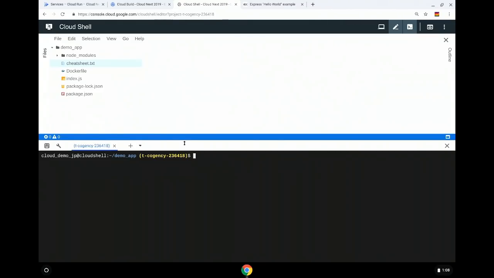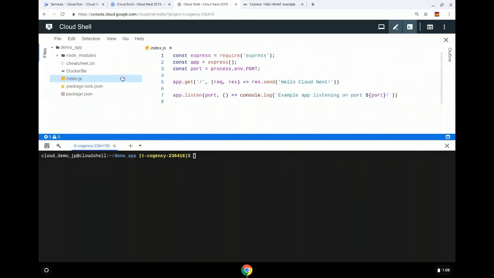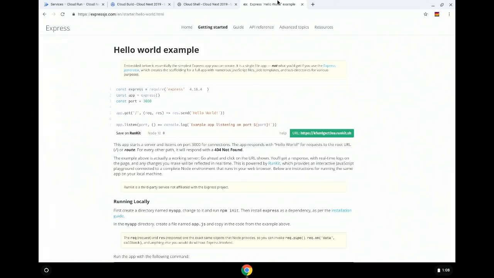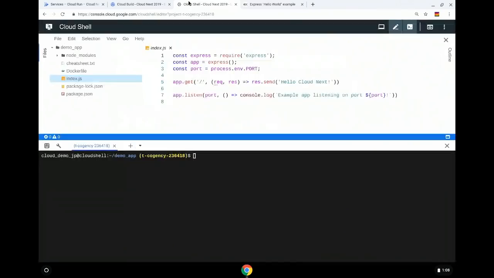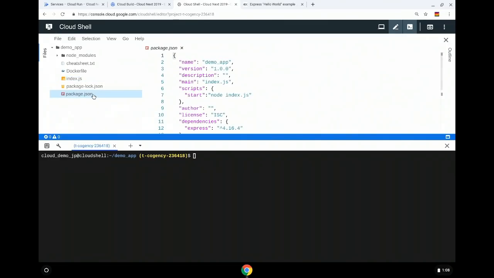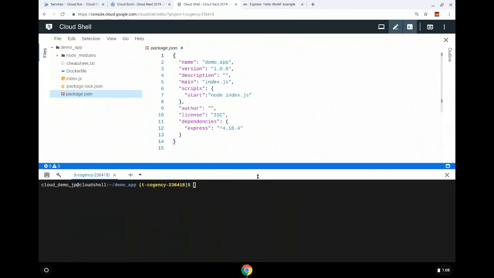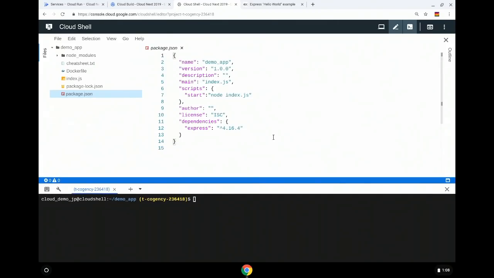using Cloud Run. So I have a very simple Node.js application. In fact, I'm so lazy, I literally copied it from the Hello World example on Express.js. The only thing I changed is this port variable. But other than that, it's identical. I have a package.json. For those familiar with Node, will know what that means. For those not, it's the canonical deployment descriptor for Node.js. And the only thing I changed here is this start command